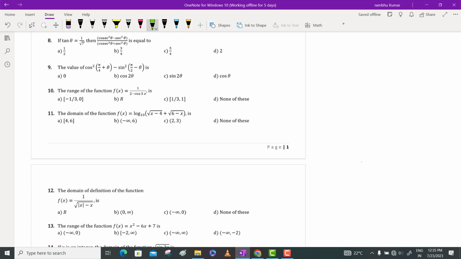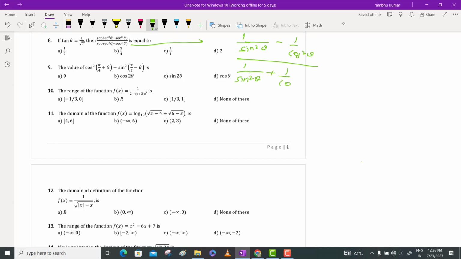So from here we can do one thing, write this cosec square theta as 1 by sin square theta minus 1 by cos square theta, whole divided by 1 by sin square theta plus 1 by